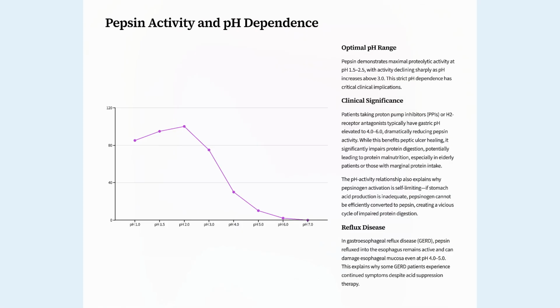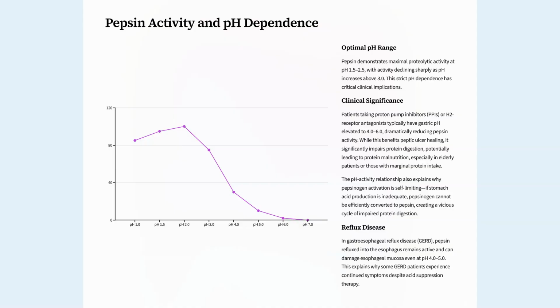Pepsin activity is highly dependent on pH levels. It functions optimally at a pH between 1.5 and 2, which corresponds to the normal acidity of the stomach. As pH increases, pepsin activity decreases dramatically. By pH 7, pepsin is essentially inactive. This pH dependency has important clinical implications, particularly in conditions like gastroesophageal reflux disease, where pepsin can damage the esophagus